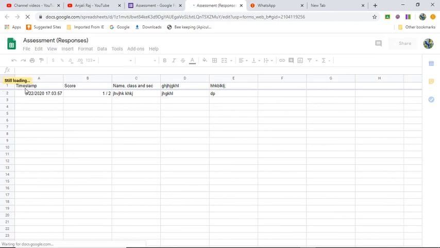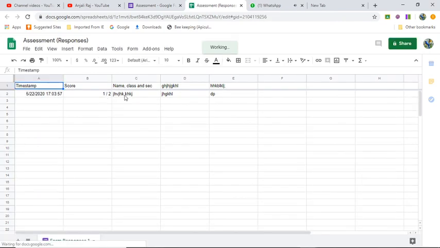So you see here, this time he got a score of 1 out of 2, and the name, class and section are coming here, and what response he has given also is coming here. What I did the other day is I simply took these two things and posted it as a result. Then you can also check manually here. If it's a descriptive type question and he is not getting marks for the answer, you can also change this. If it is written correctly, we can make it